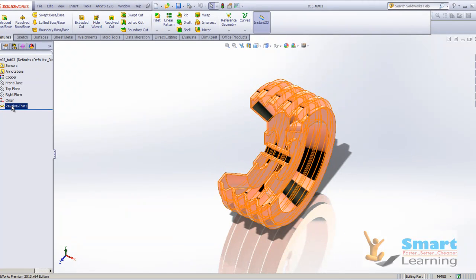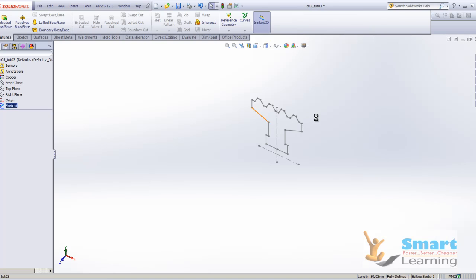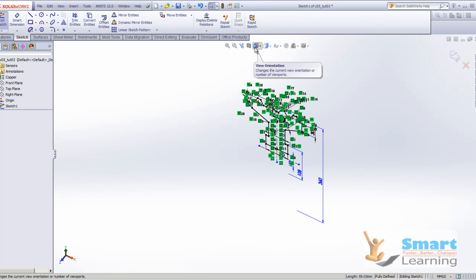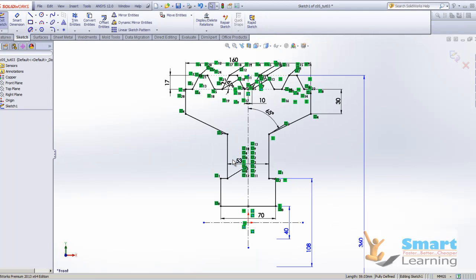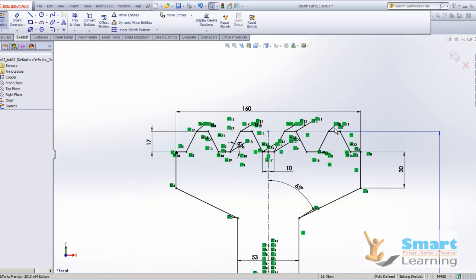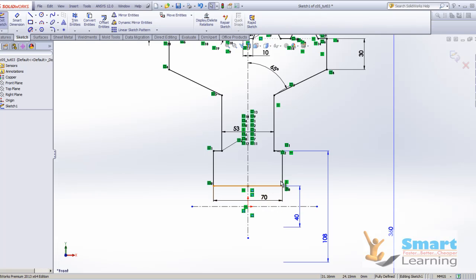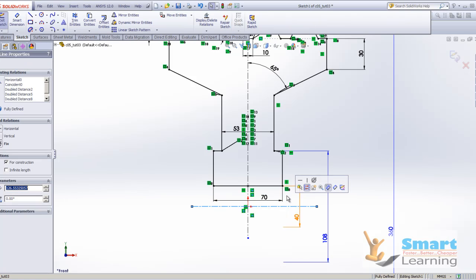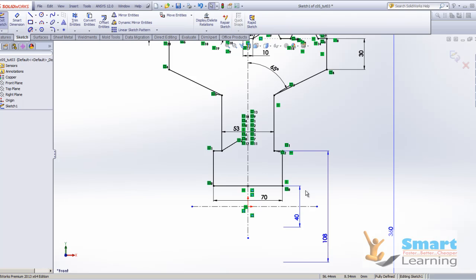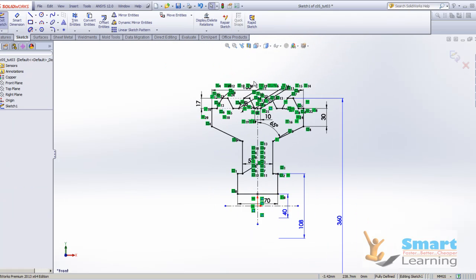Once you open this, you can just delete this, and you can have your sketch. Once you get the sketch, you capture all the information related to your sketch, and here minutely everything is given, like 160, 30, and there are the profile details like 70, and from the center how far it is centrally located with respect to this, so it is 40, and 108 because there is a revolve profile. And once you place this particular profile and capture these details,